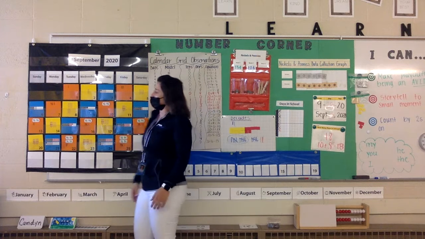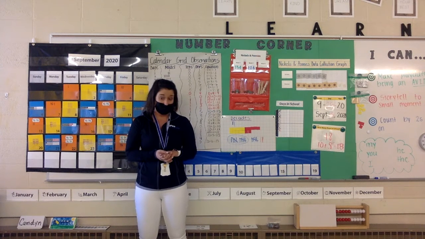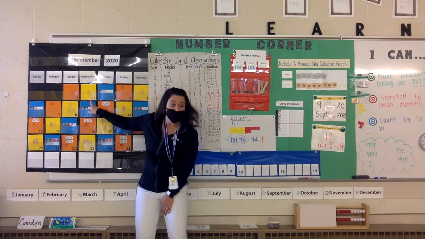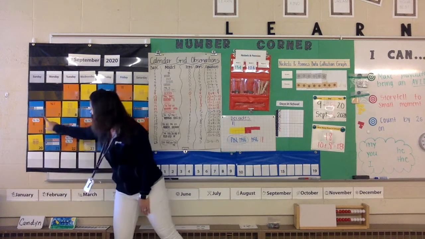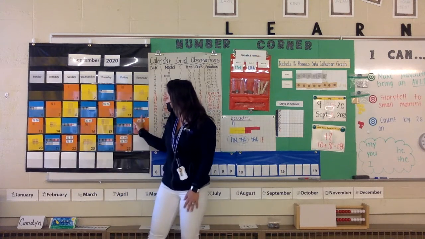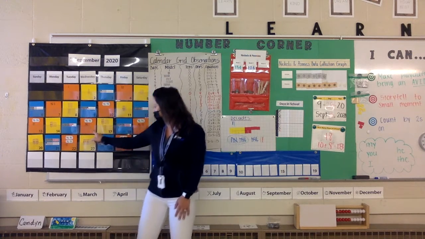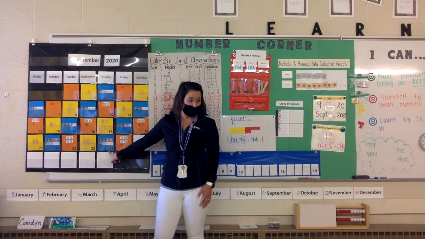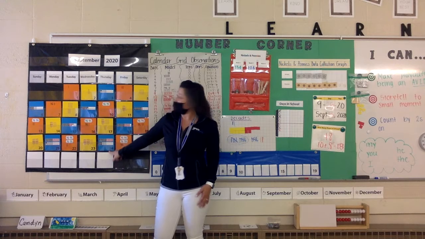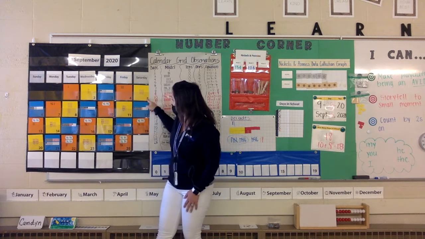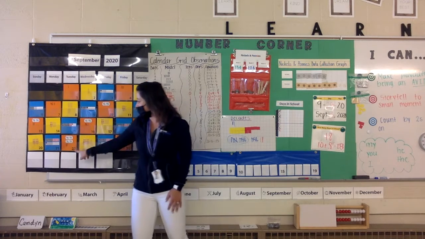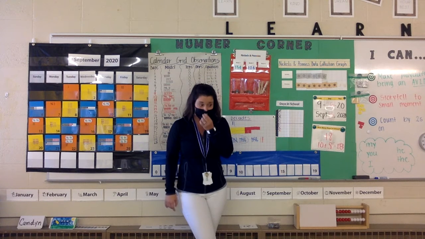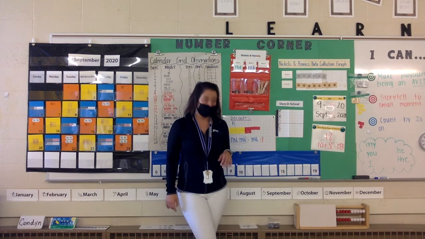We're going to move back to our calendar and we're going to count by 2s and 5s. Are you ready? We're going to whisper count. So at home, you should be doing this with us. 2, 4, 6, 8, 10, 12, 14, 16, 18, 20, 22, 24. Let's try it by 5s. Are you ready? Let's whisper. 5, 10, 15, 20, 25. Let's do that again. 5, 10, 15, 20, 25.